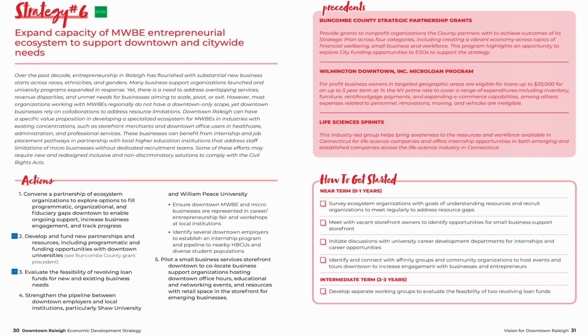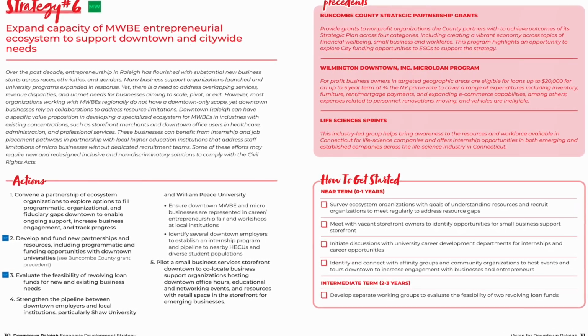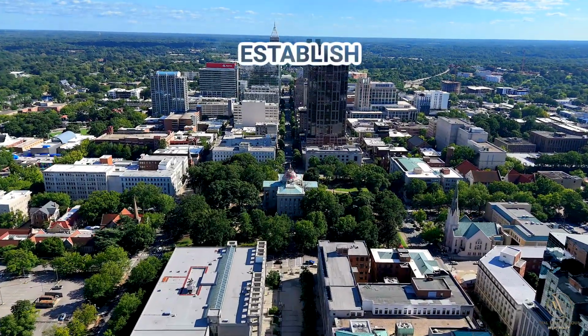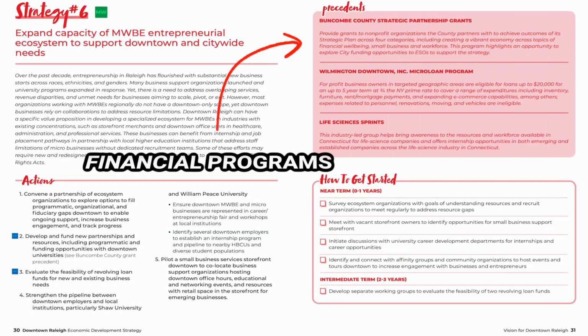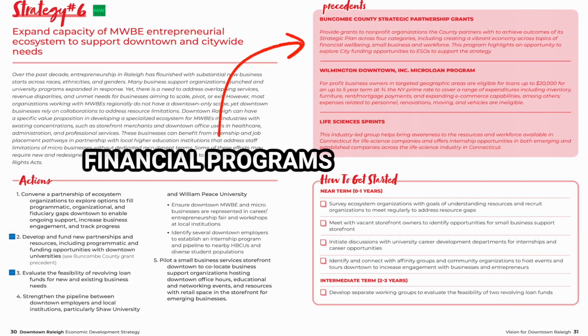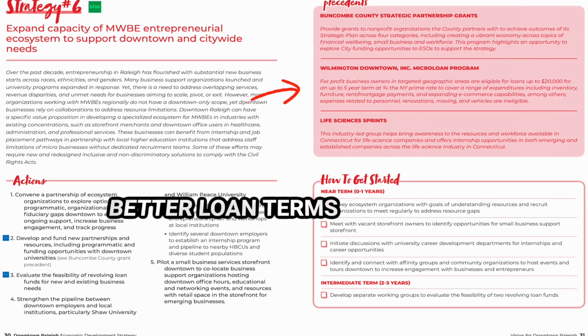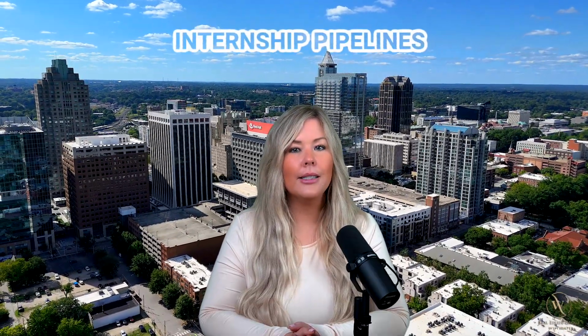The sixth strategy involves expanding the capacity of the minority and women-owned businesses to expand their presence downtown. This will be achieved through first establishing a strong partnership with key businesses and organizations and funding new partnerships to encourage more of a downtown presence to make it more financially feasible for those businesses. They will also be looking at developing more attractive loans for this group as well. And like the previous two strategies, establishing key relationships with Shaw and Peace University to develop internship pipelines with key